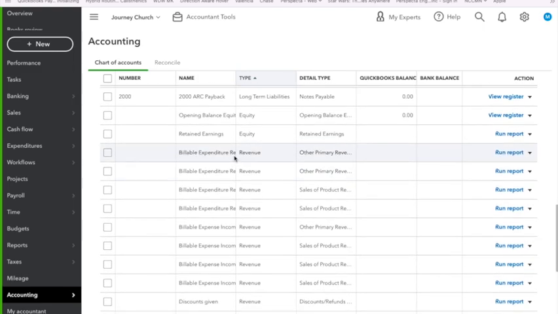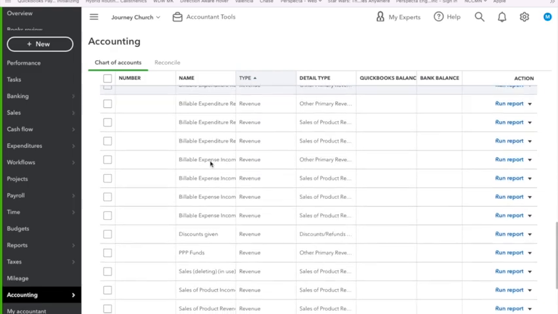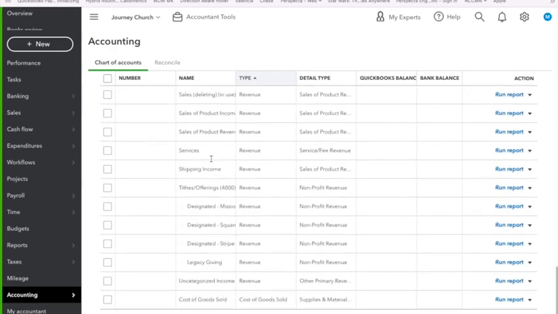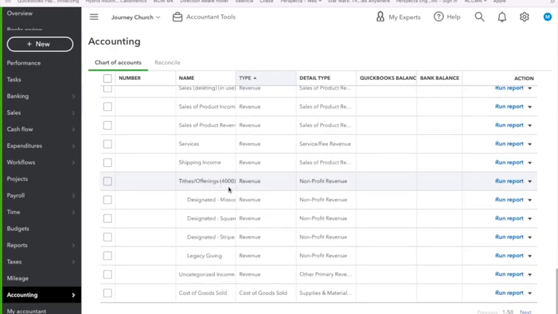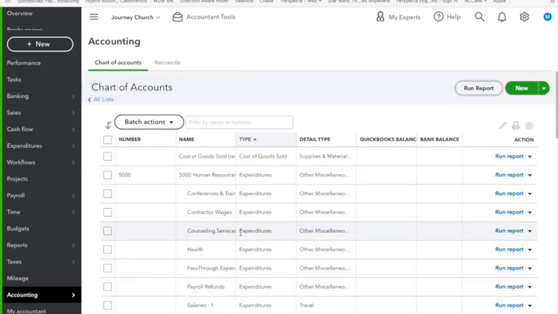For example, here we start the revenue accounts. There's type and offerings designated, and in here we see our next screen of accounts.